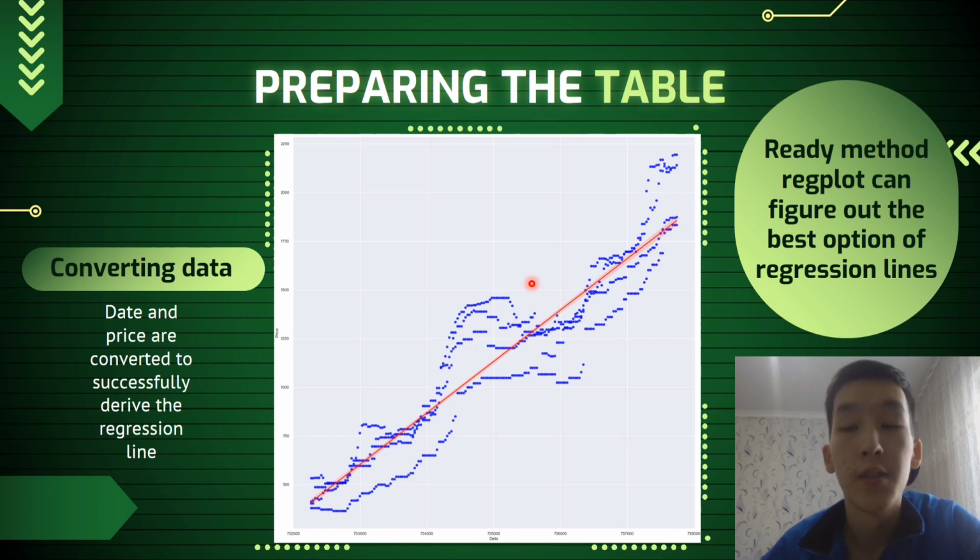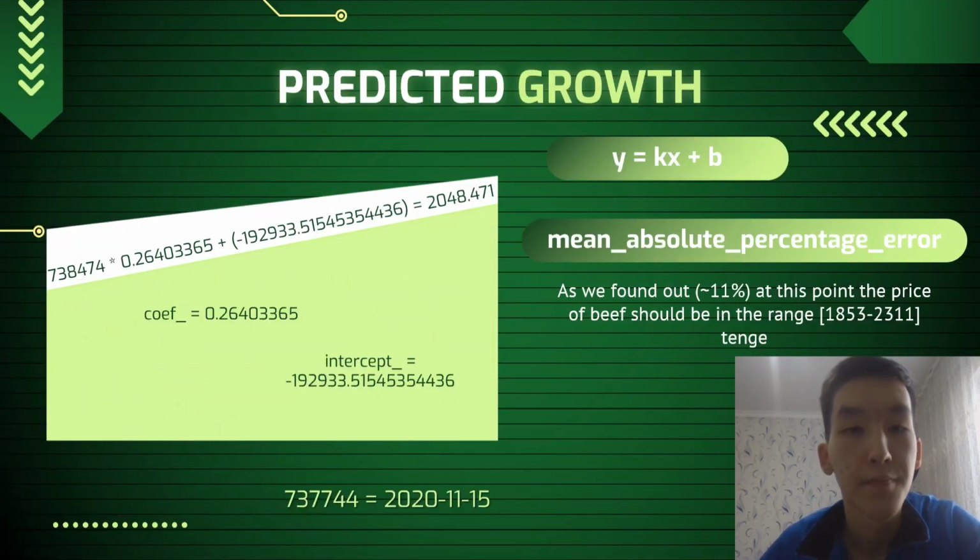Now that all the data is ready, using the ready-made method, regplot, we can figure out the best option of regression lines. So since the data is current for 2020, let's assume that it is 2022, and this table is supposedly from the future. With the help of that coefficient and the intercept we have already calculated, we can predict the price in 2 years, or rather the price today, and compare it with the present average price of beef